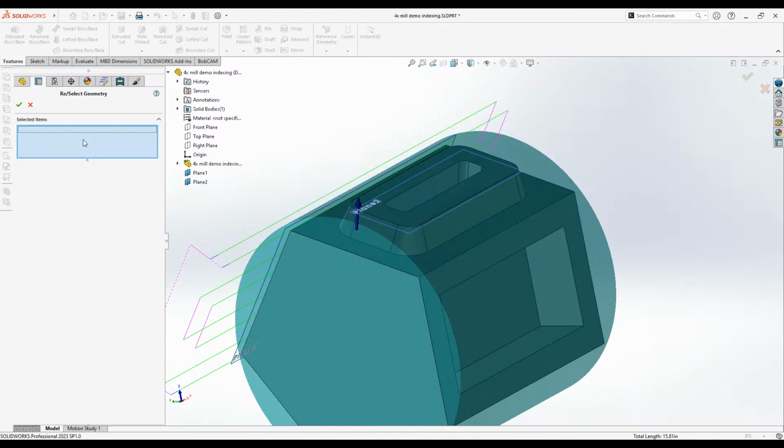We do have a chain selection option where I can right-click on a surface edge. We have our select loop option, so it'll select the loop of all of the surface edges of a surface. So I'll click OK,